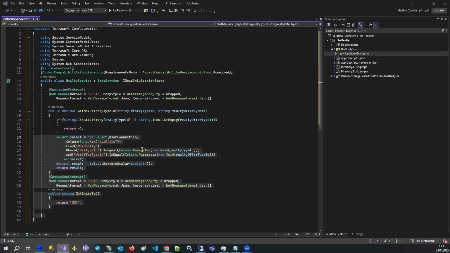So let me explain what happens here. This is an example of a simple, very simple web service. And this example is a class declaring a class inheriting from base service. This base service is very important inheritance. Technically, it's not required to make your class to be a web service. The most required setting is service contract. But inheriting from base service, which is declared and designed somewhere in TerraSoft Web Common namespace, will give us a